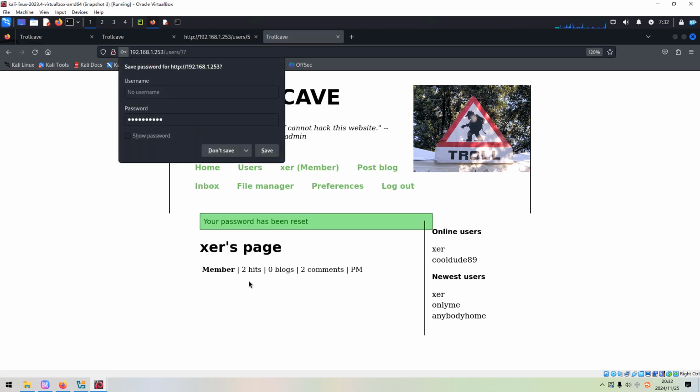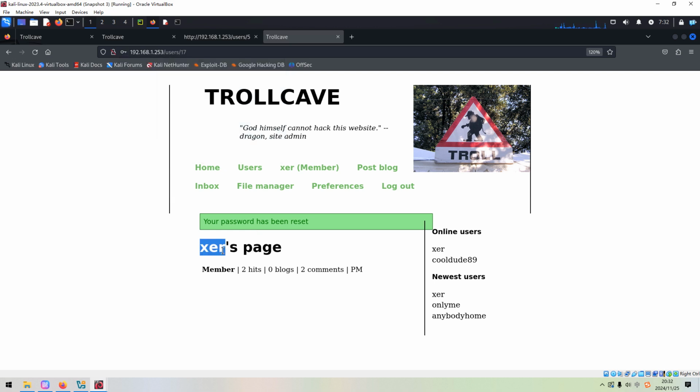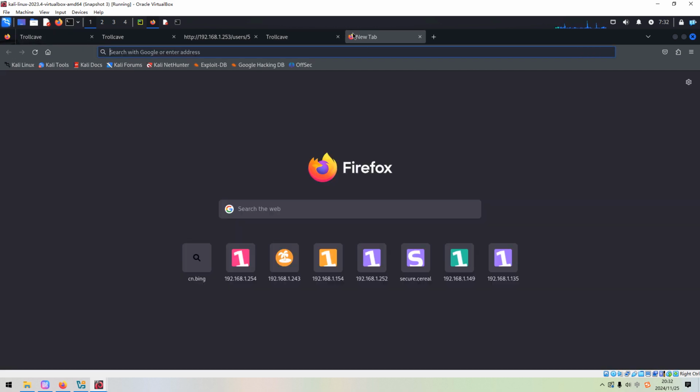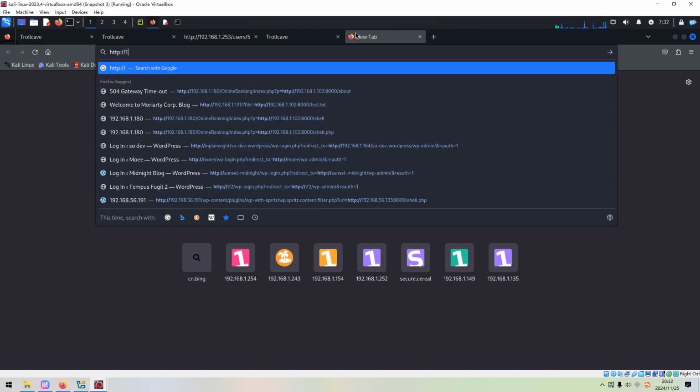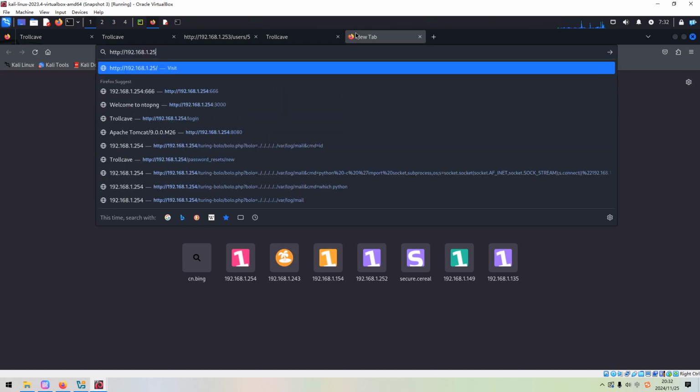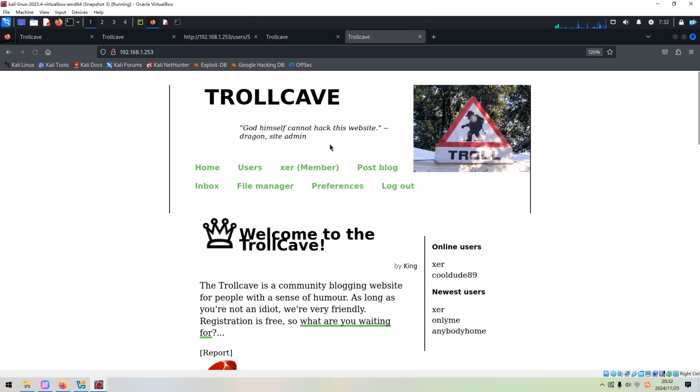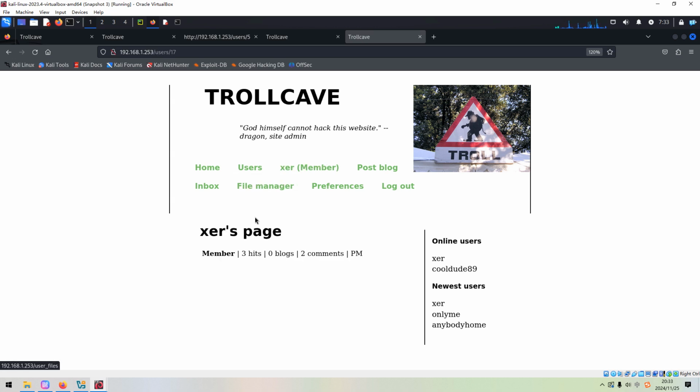Reset. So it's successful. The password has been reset for the user. So we can log in with this new password. So we have the login.